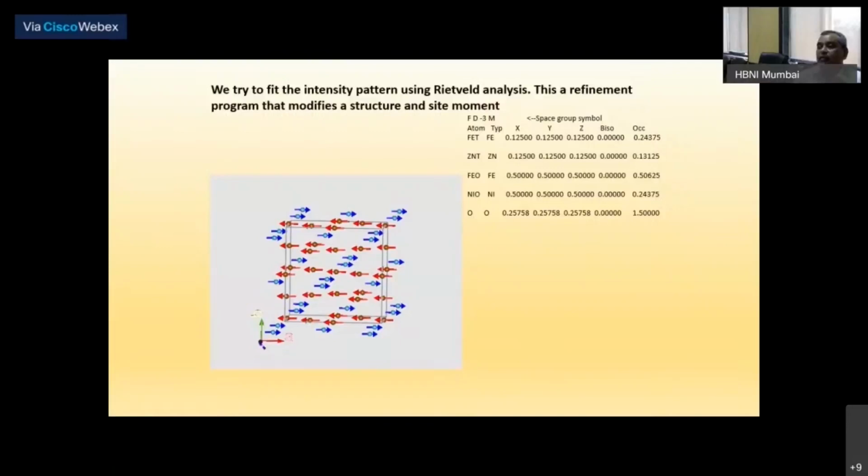If I go to a synchrotron, the brightness is given in photons per centimeter square per second per steradian, because it is extremely focused, and that can go as high as 10 to the power 20, 10 to the power 22. So with an extremely small sample, or if you want to do an experiment very, very quickly, you need to go to a synchrotron, and neutrons may not be possible. So that's why neutrons have their own advantage. Neutrons also have disadvantages, and you need to tread carefully when you choose to do an experiment using neutrons, using X-rays, and using other techniques.